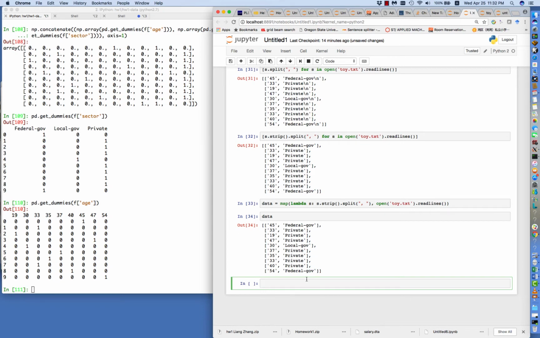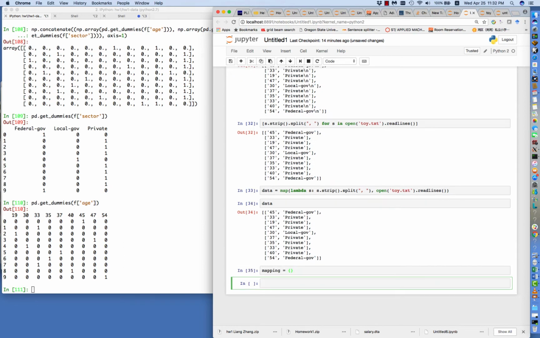Well, you first need to have some mapping, right? So let's say you have a mapping, which is a hash or a dictionary. And this mapping is from real features to the id of that feature, because we'll be getting a lot more features. Like the first column will produce, say, 9 features. The second column will produce 3 features. So we'll keep a mapping, and then you have a reverse mapping as well. But let's keep a mapping here, so that we can say, and let's call something like new data is empty,